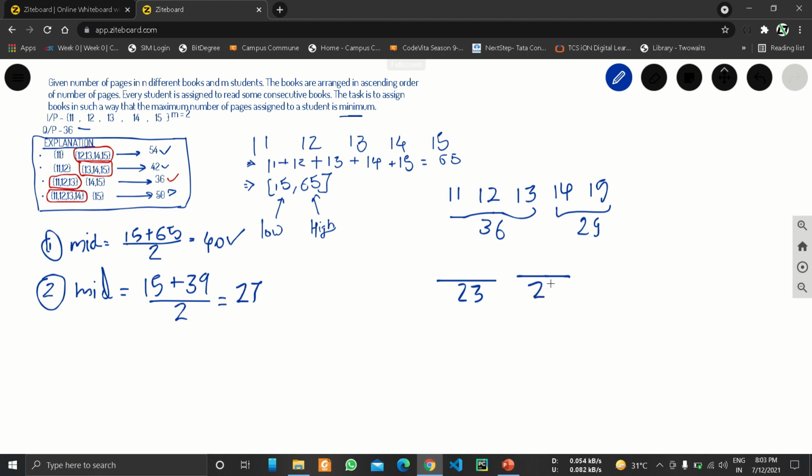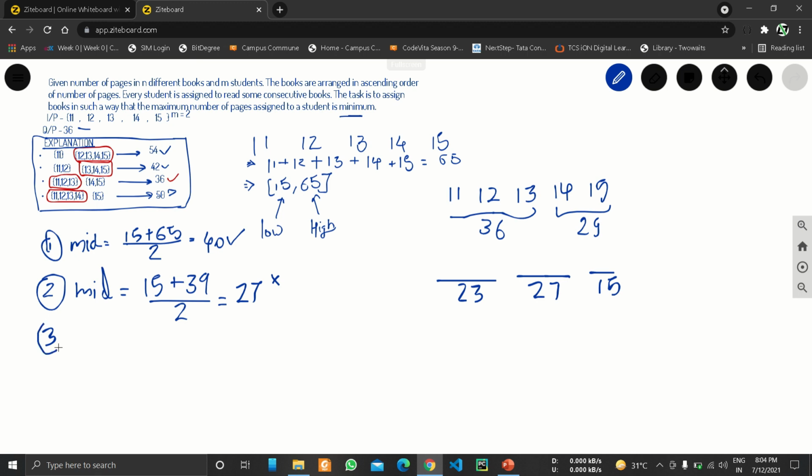So we will need another student, a third student, to read the last book. So this is not our solution. Any number below 27 is not our answer, so we have to check our answer above 27, meaning we will check in 28 to 39.